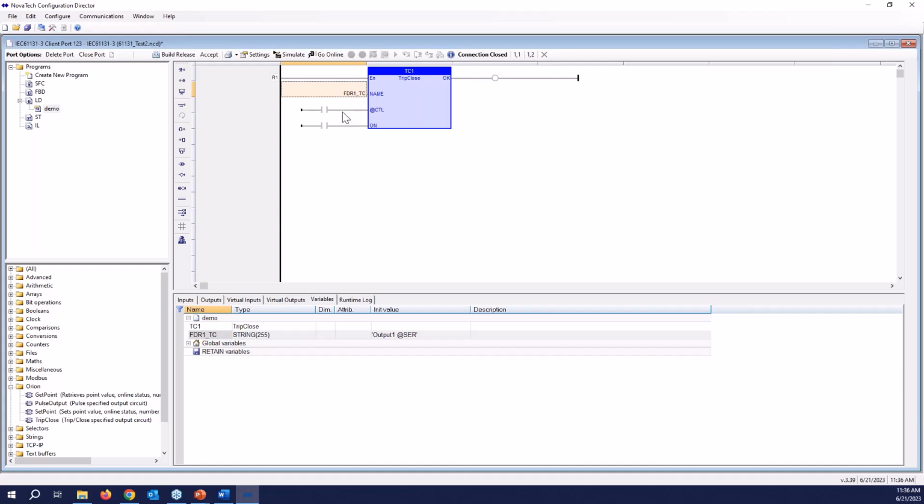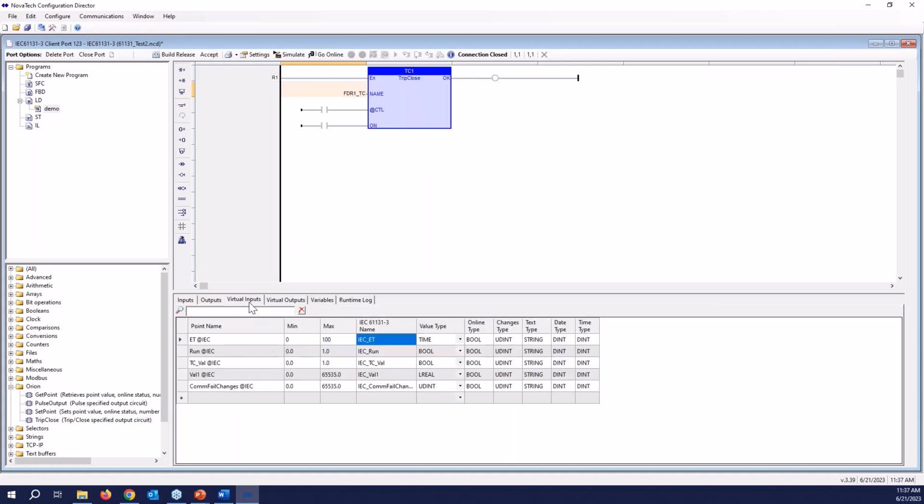The next 2 inputs we're working with are the CTL and the on, and they're both Booleans, right? CTL runs or triggers the function. On is the actual value you're sending out, true or false, or 1 or 0. 1 for close, 0 for trip. So I can go to virtual outputs, and I already have one that I created. There's a run in there. I can use that run. This is the Boolean point, and then I can create the value. So I can use this value 1, or I could say